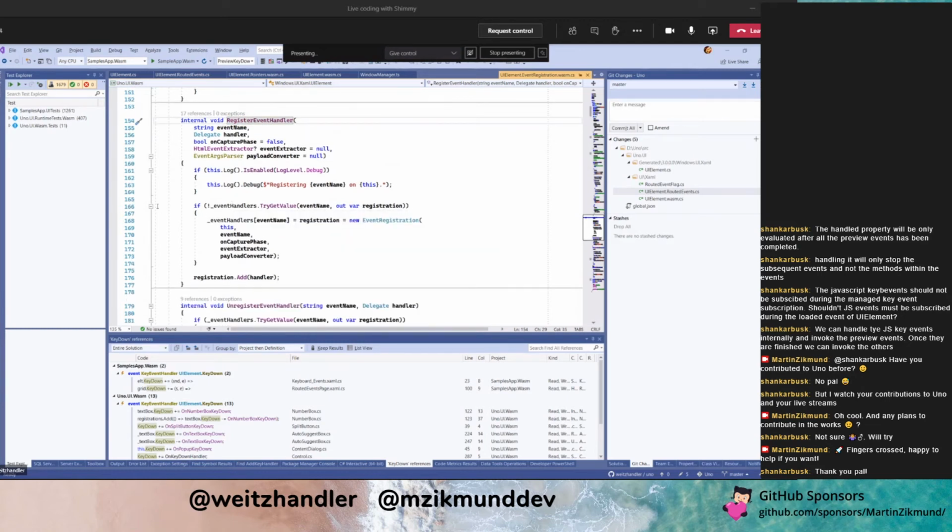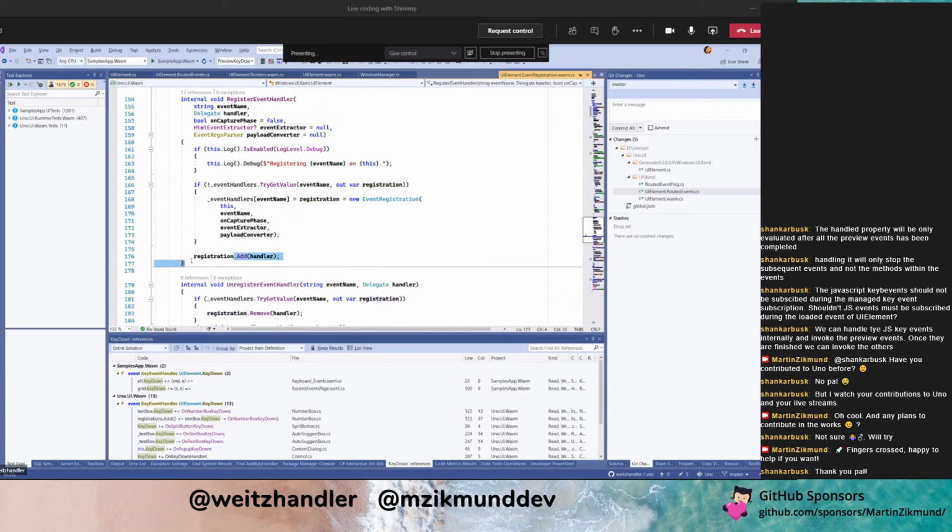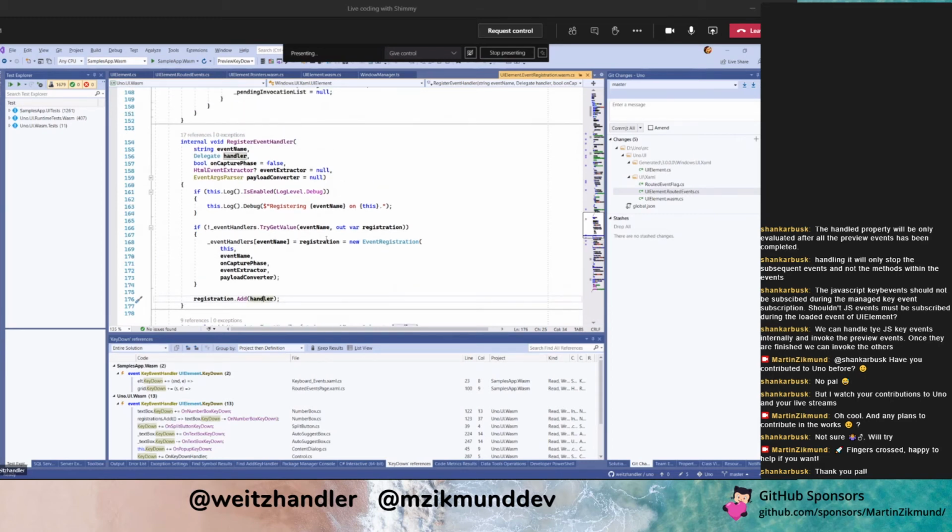Over here it looks like it's ignored altogether if the event name exists. So what does registration stand for? Oh, it's an event registration. Interestingly, the event registration only includes the native name. Registration and handler. So it assumes that the event on the native side is the same as the client side. But what we don't want to do here is have registration.add handler, where handler can be both key up and preview key up. It actually registers the handler. It will register both handlers, but we need to make sure it registers just the preview one, because the